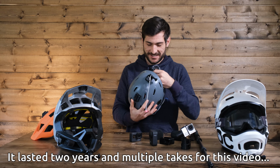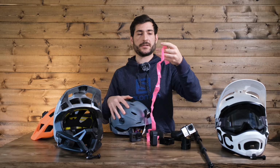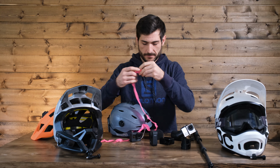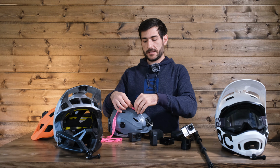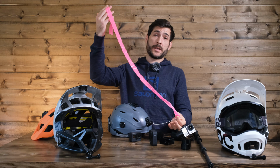So essentially it's this. I tie the string to the pink ribbon, and I pulled this out a few times. It just broke, whatever. But the idea here is that if the GoPro ever comes off with the mount, it'll pull the ribbon out of the helmet, and then you've got all of this to help you locate your GoPro